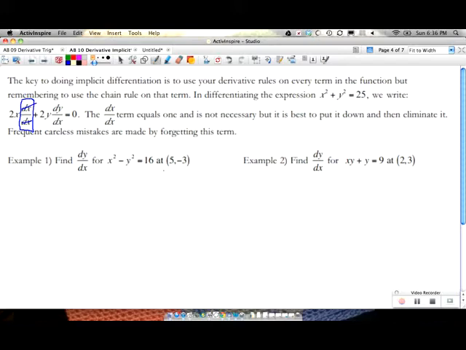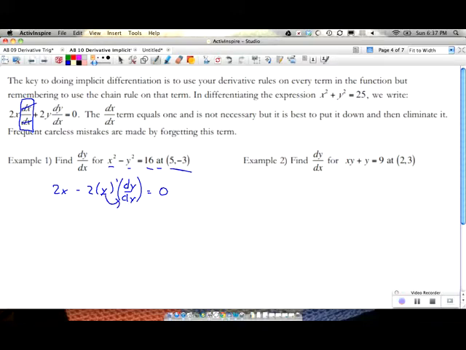This next one, find dy dx for x squared minus y squared at 5, negative 3. At 5, negative 3, that means we got to also plug that in. So let's do this. We got 3 terms here. The derivative of the first term is 2x. The derivative of the next term is negative 2 times y to the first power times dy dx. So notice that what's happening here, we got equals 0 on the other side, by the way. Notice what's happening here is that every time you take the derivative of a y, you're going to multiply by